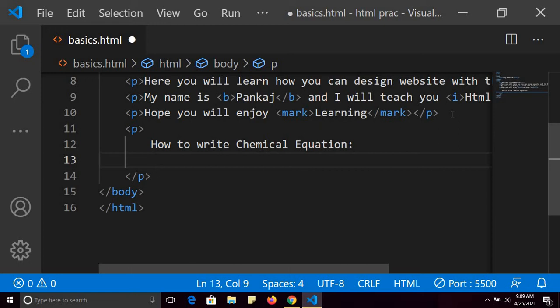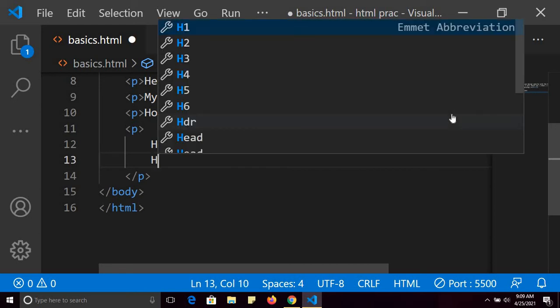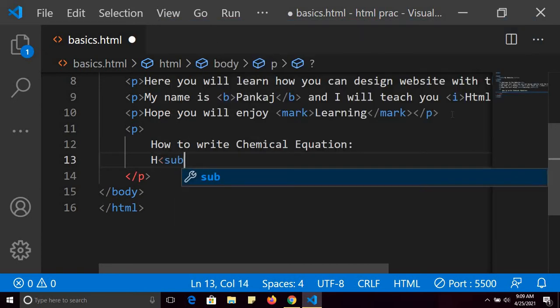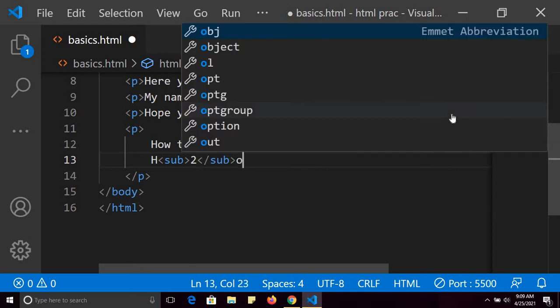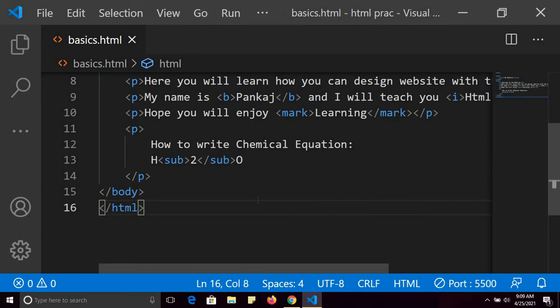So I am going to write H, and here I will use the sub tag, 2, and then I will write O. Let me show you the output, then you will be able to understand.